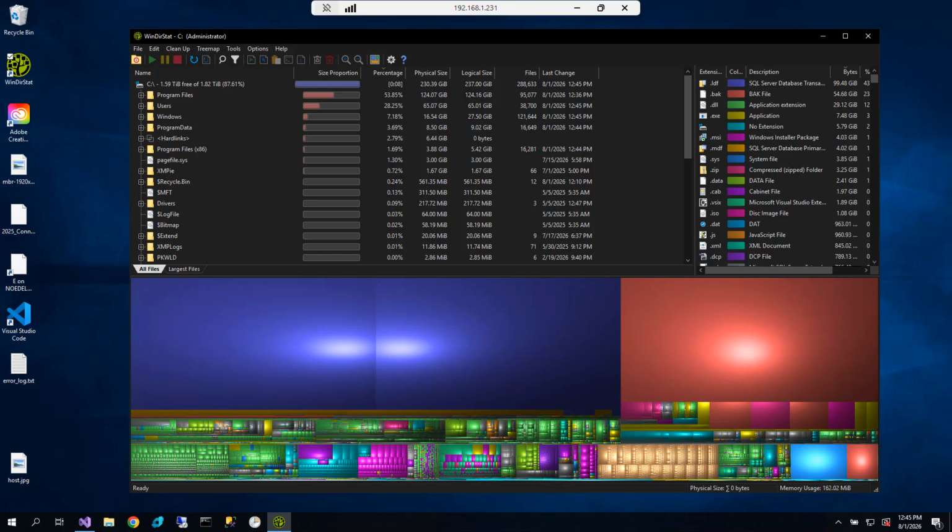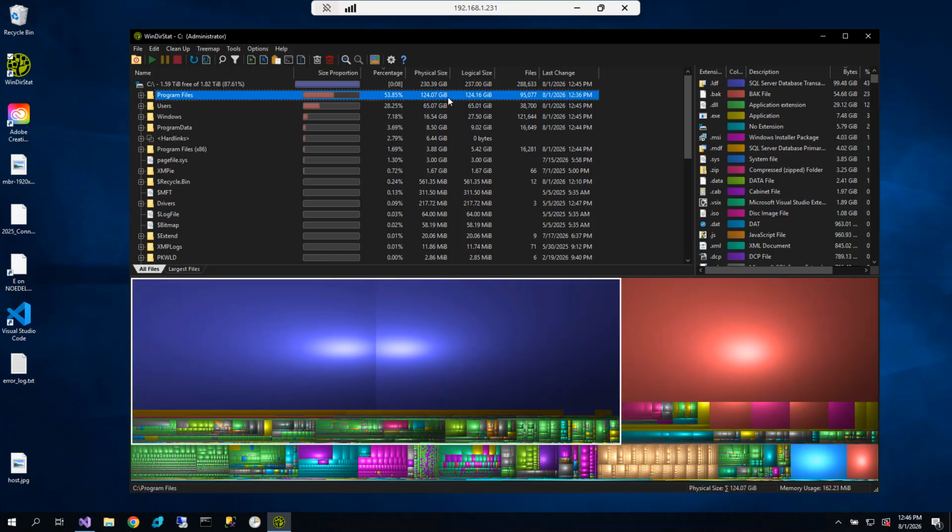So when the disk is full, I could search manually, I can guess, I can go and look through every single folder and possibly waste hours or delete the wrong thing. With this tool, it's going to scan the drive and it'll instantly let me see the biggest folder, the biggest file, and which ones are taking up the most space and what opportunities I have to clean up, right? So if we look at the directory tree right here, it shows me that inside of the C drive under program files, I'm currently using 53% of my available